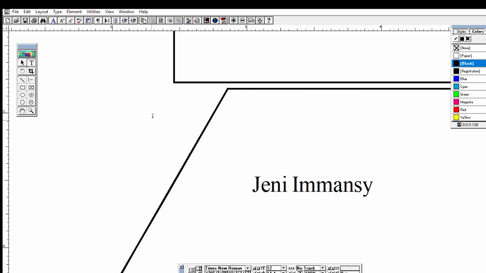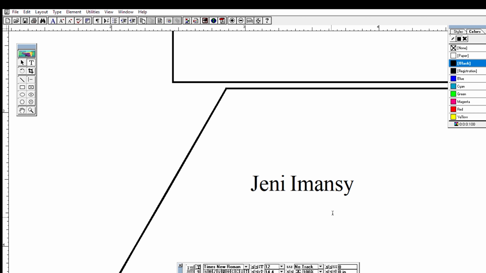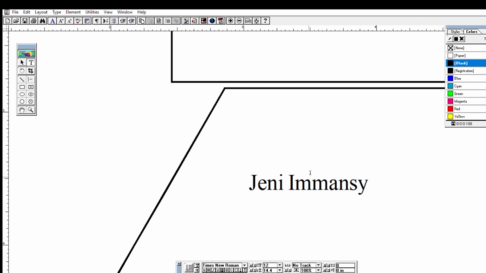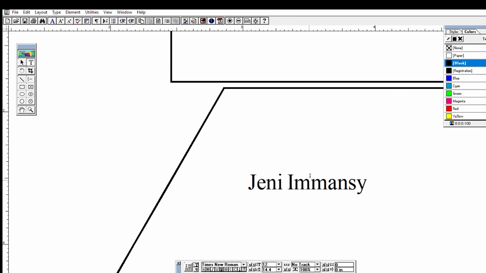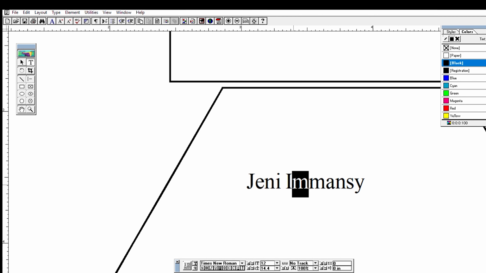Now the cursor is here. If you want to delete something on the left side, you have to use the backspace key. Understood? If you want to delete something on the right side of the cursor, you have to use the delete key. Understood? If you have used Word before, you would have known this. I'm just saying it for your understanding. Another way to delete is to just select and click delete on the keyboard.